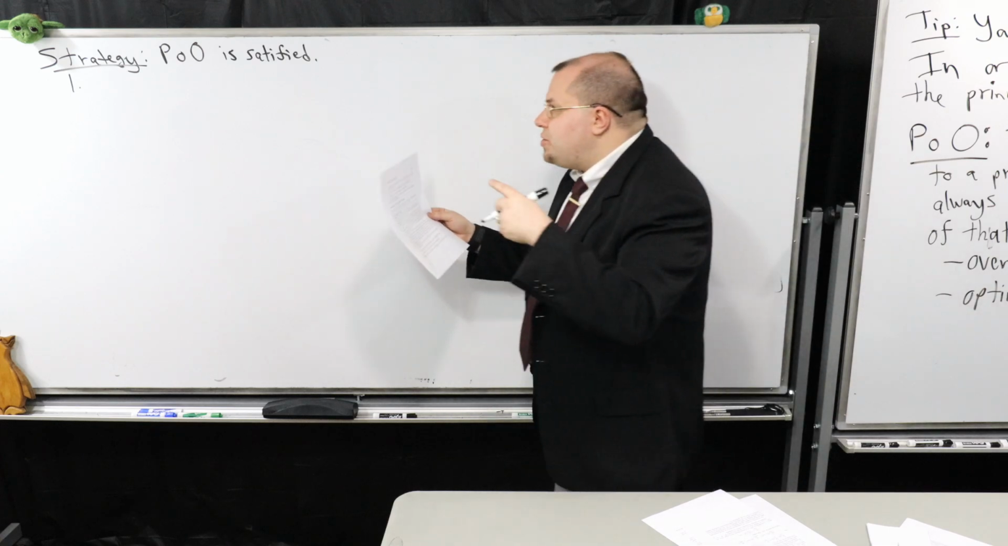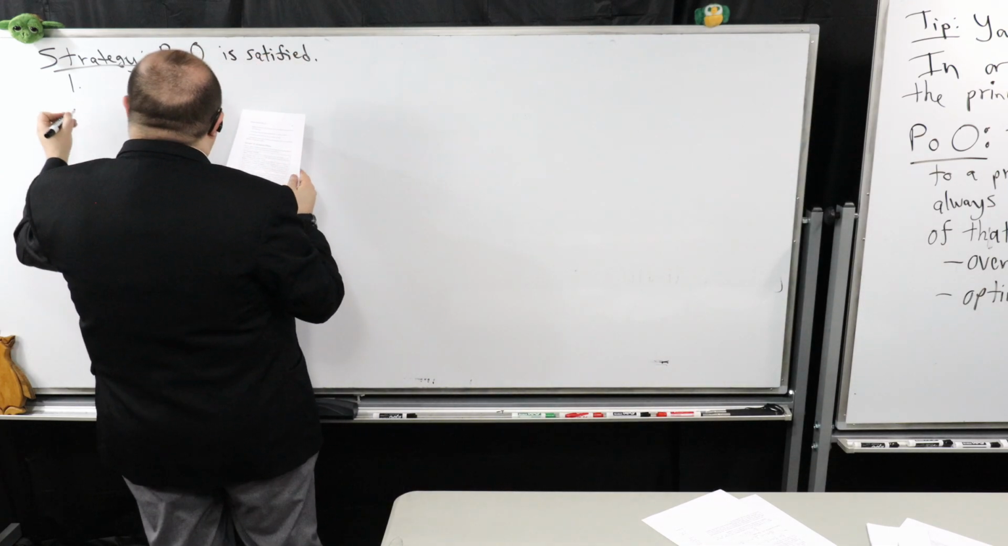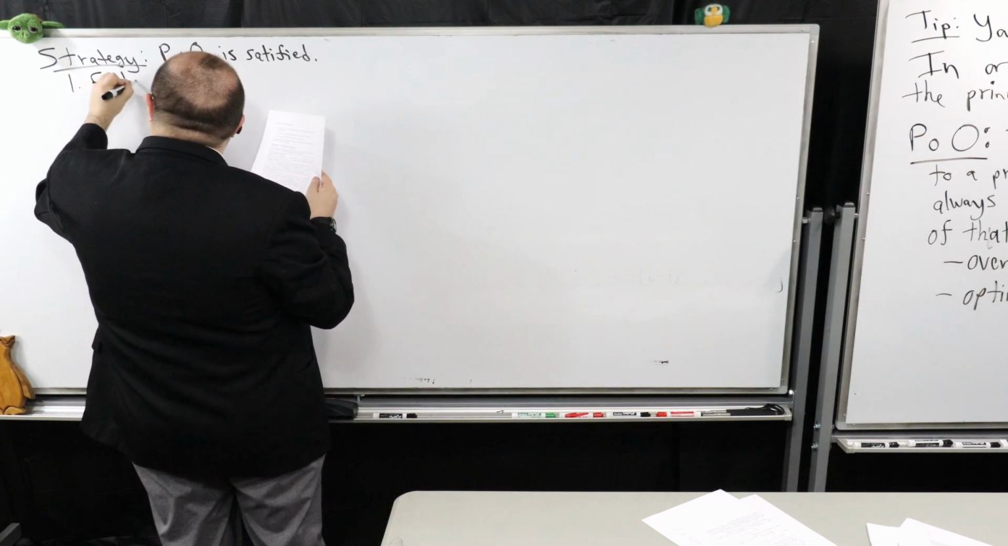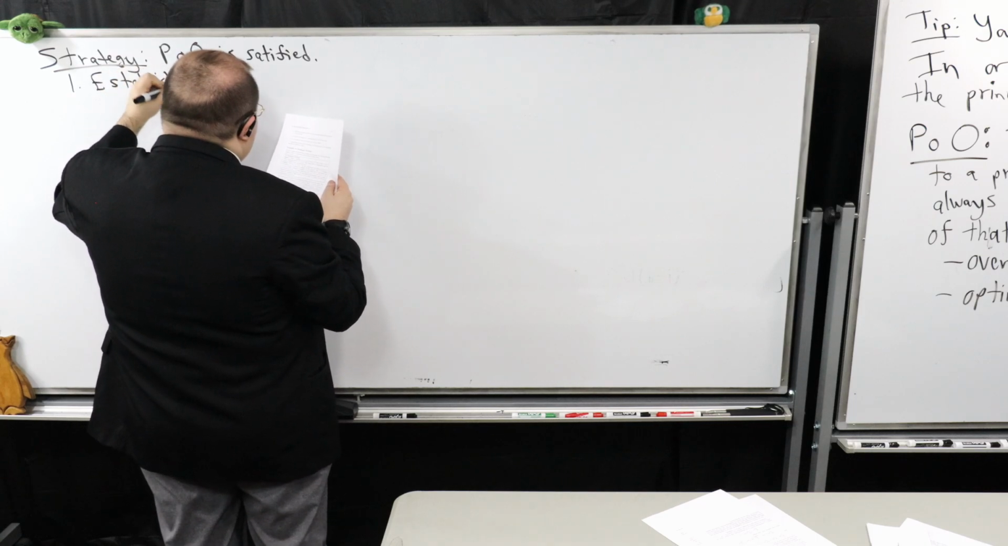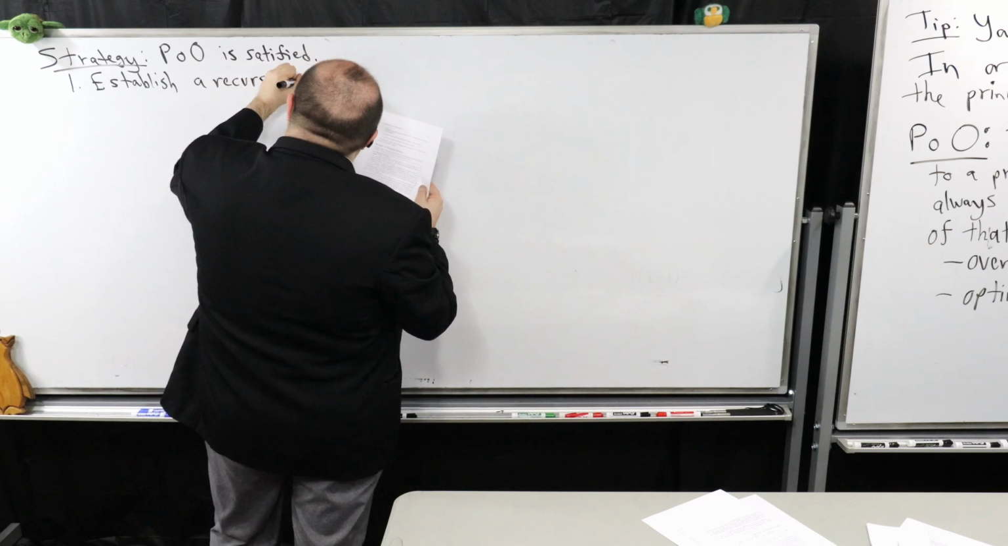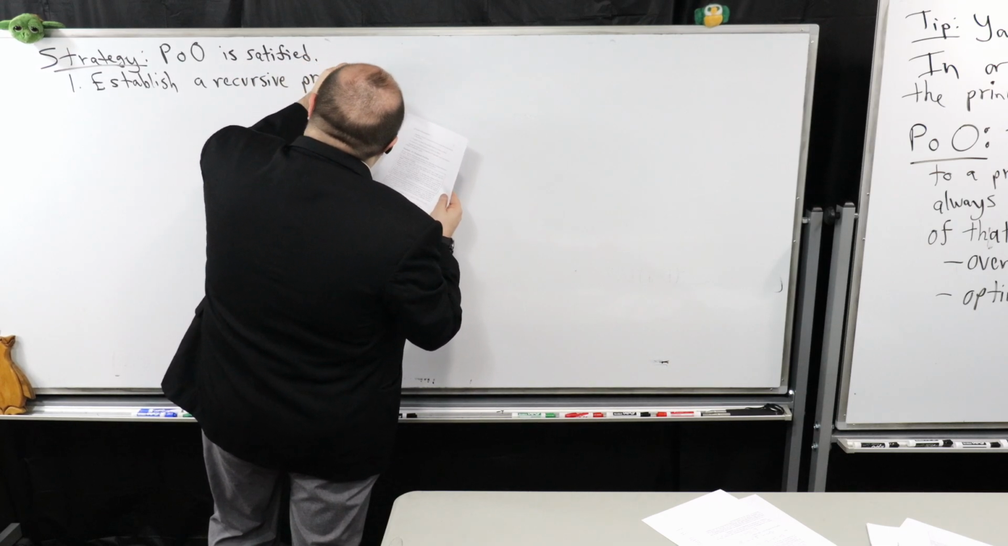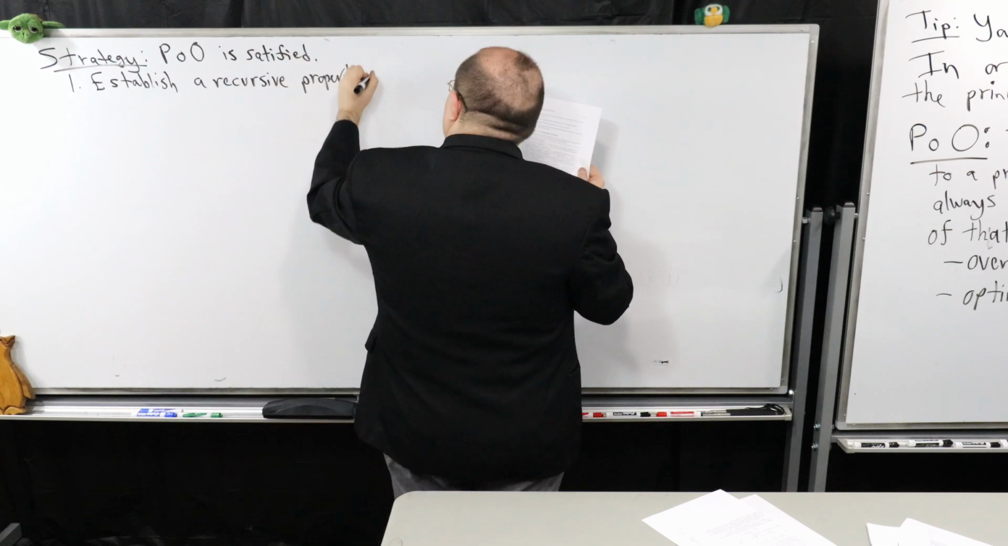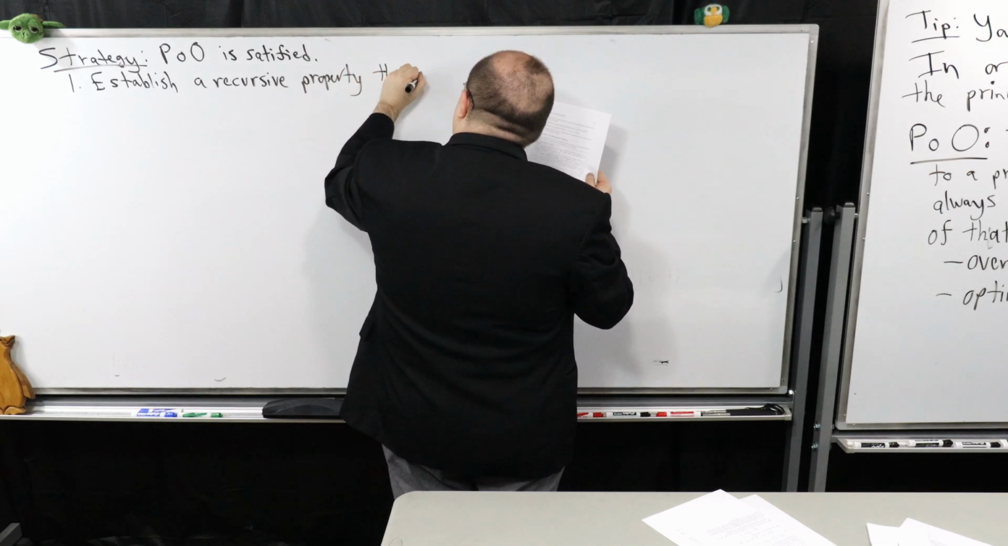So once you know that the principle of optimality is satisfied, the first thing you'd probably want to do is establish a recursive property that gives